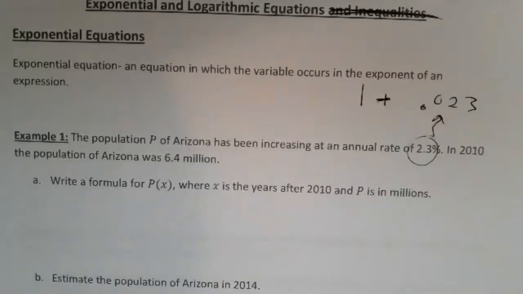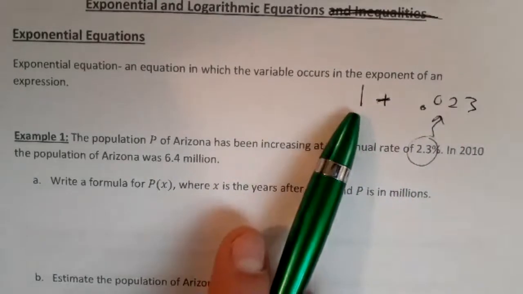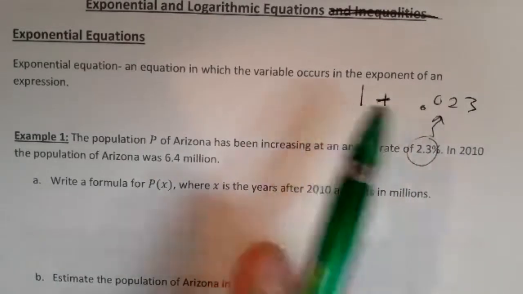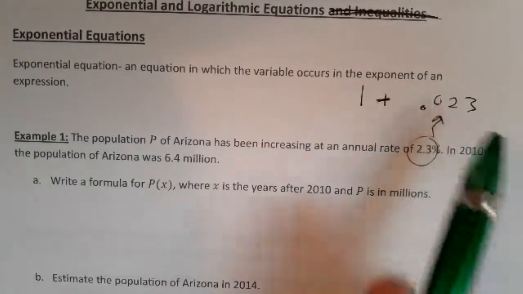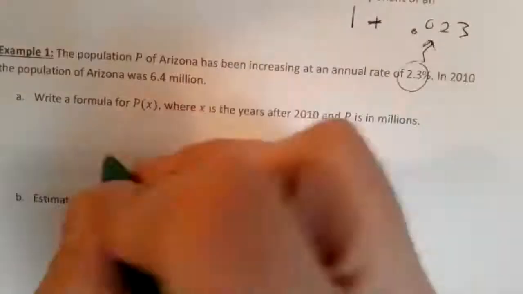Like when we did the interest, we have one of the original thing that we started with, and then we take 2.3% more of that. So if we go to this P of X,